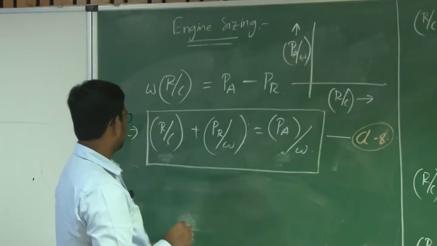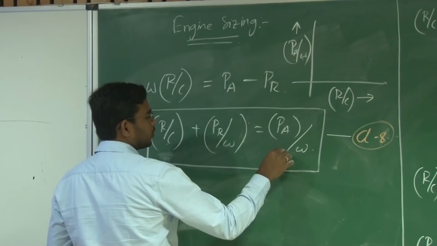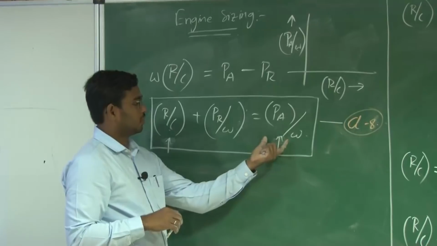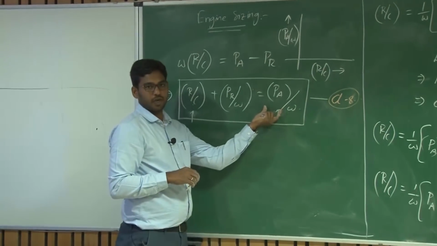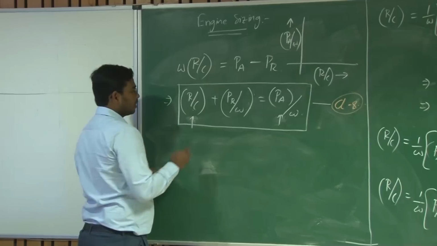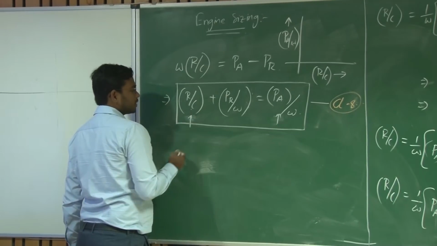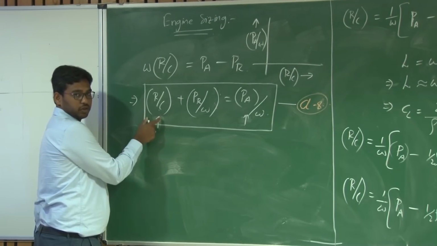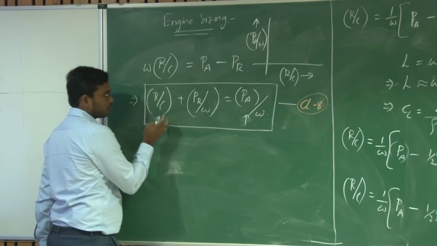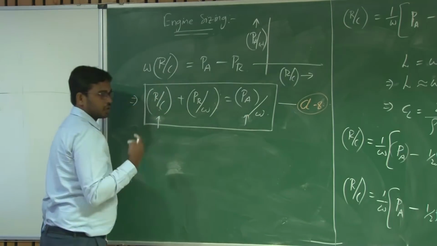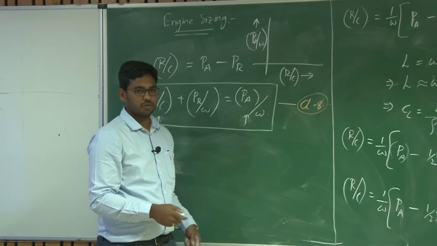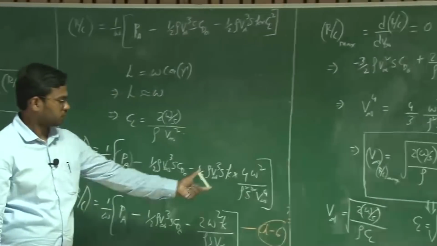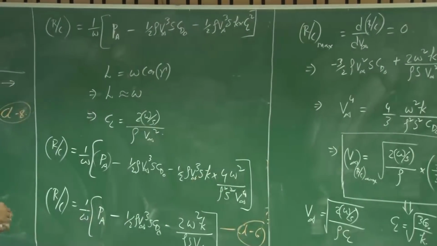Right. So the aim is to figure out what is the corresponding power required for different rates of climb, or say what should be the output from this power plant for the different rates of climb, right? So from the mission requirements, you can fix the maximum rate of climb that your aircraft has to perform. For that maximum rate of climb, you can figure out what should be the corresponding power available from the system, right? Because the V infinity for this maximum rate of climb, you can arrive from this equation, right?